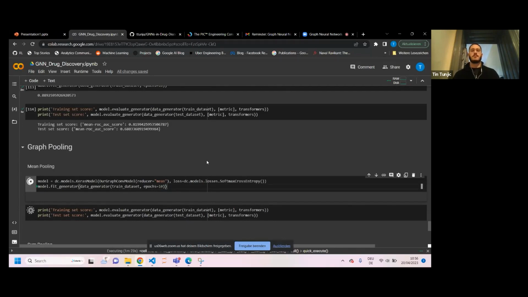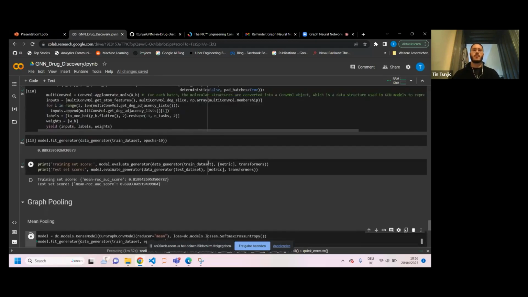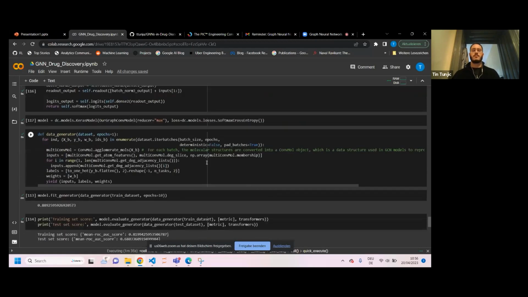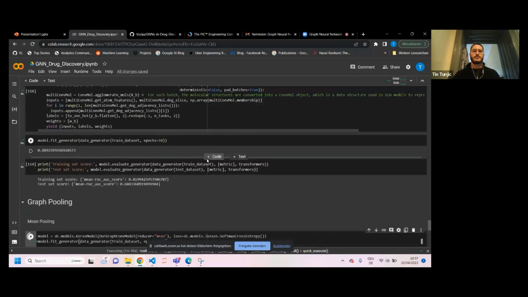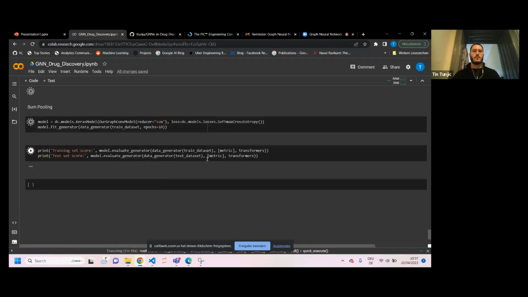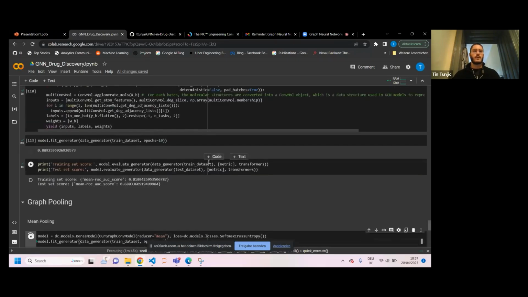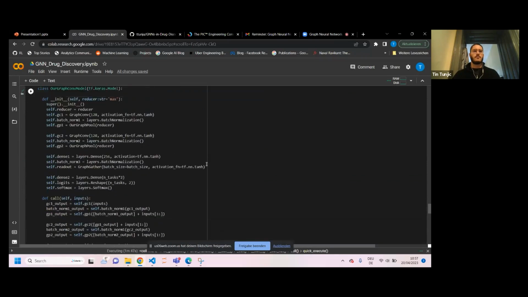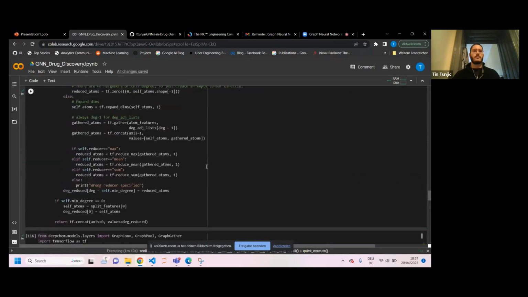But as I said, this is just a parameter that I have taken, not too much to think about it, just to see how it works and if it works and what actually is the best pooling mechanism with respect to that specific task. Okay. While we are waiting for that,